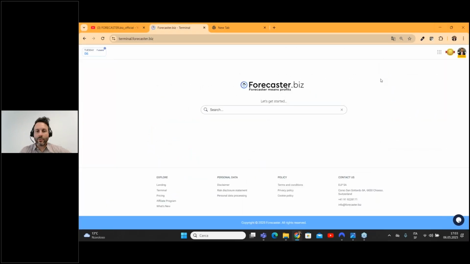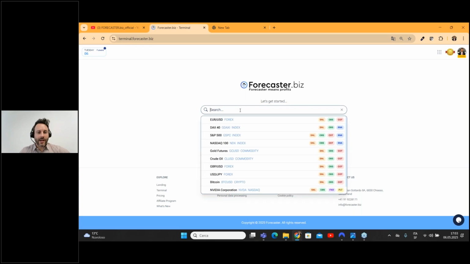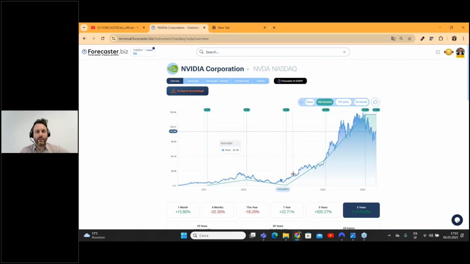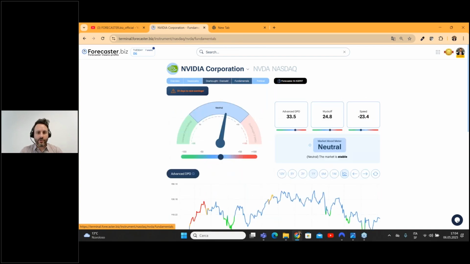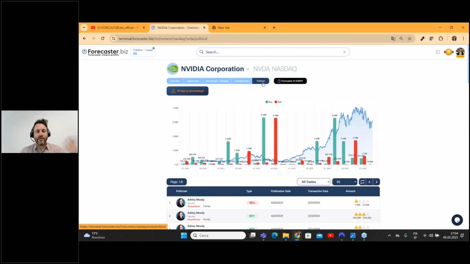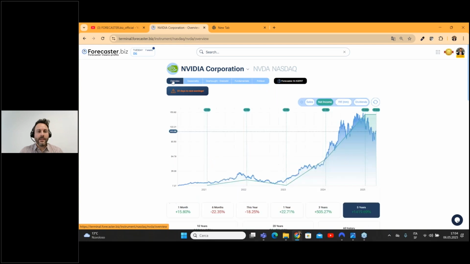Today we will talk about stocks. So let's start, for example, with one of the most famous stocks that you can find nowadays on the stock market, and I'm talking about Nvidia. Okay, as always, the Forecaster Terminal has many different layers. We have, for example, the overview, the seasonality, the overbought, oversold, fundamentals. In the case of Nvidia, which is an American stock, you have also the politicians. Okay, this is